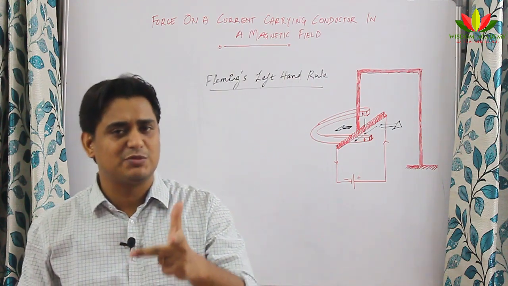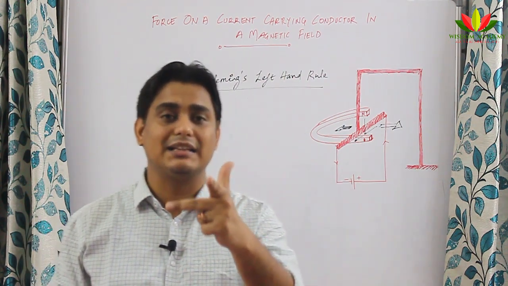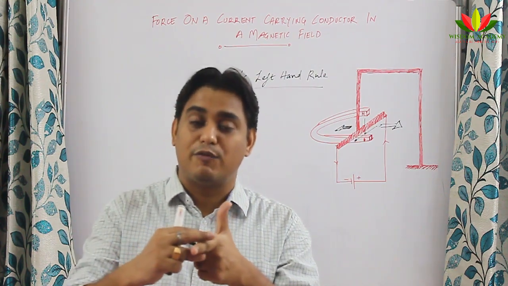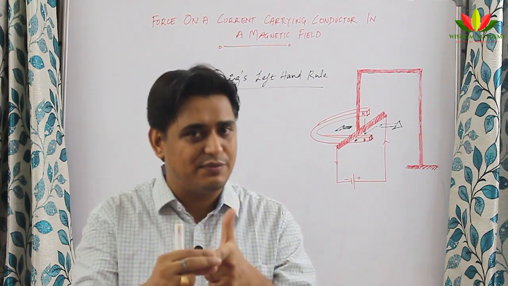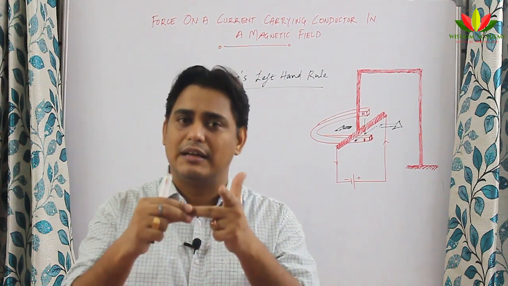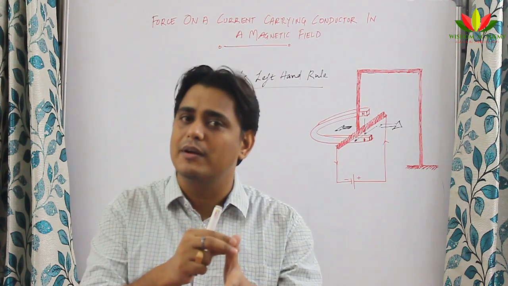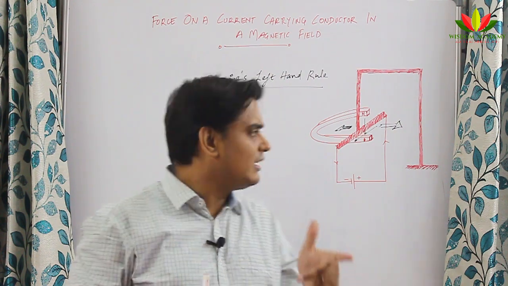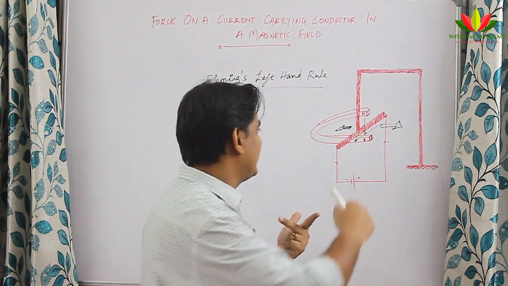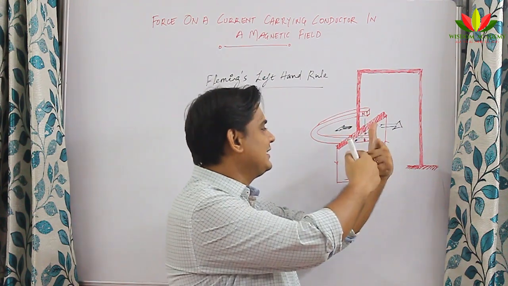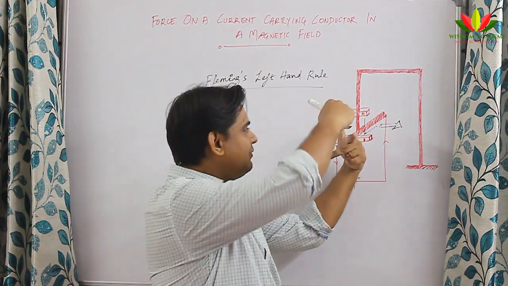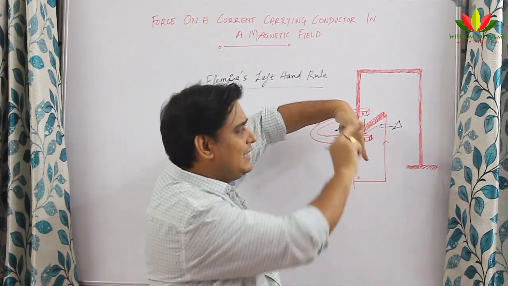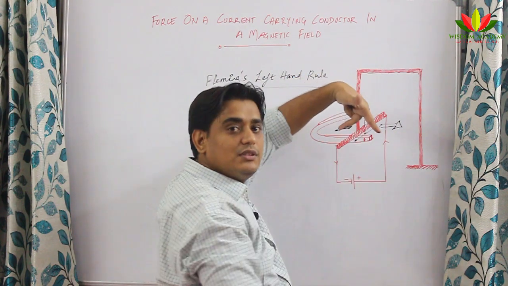So suppose I stretch my middle finger, forefinger and thumb mutually perpendicular to each other in such a way that the forefinger is giving the direction of magnetic field, the middle finger is giving the direction of current, then automatically the thumb will give the direction of force, that is, the direction in which the conductor will move. Let us apply that law here. When the current was going in this direction, I put the current by this finger, and the magnetic field is from top to bottom like this. Which direction will the force be acting? In the outward direction. That's why it was going outward.